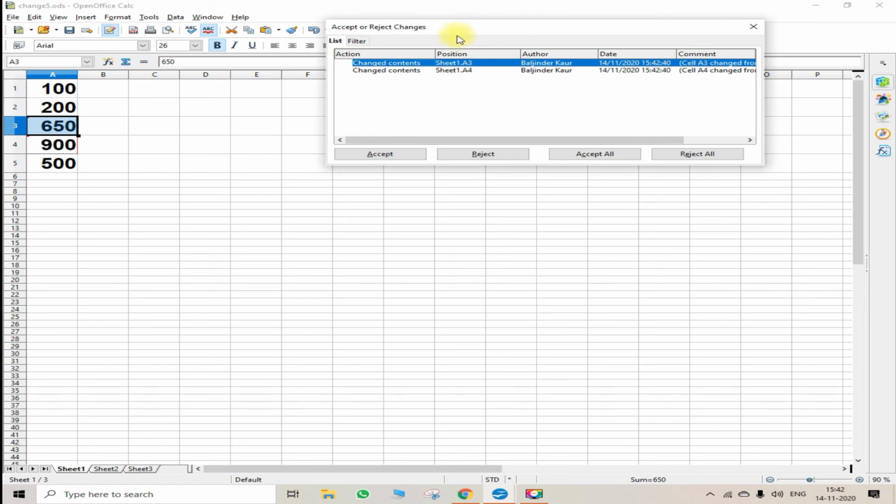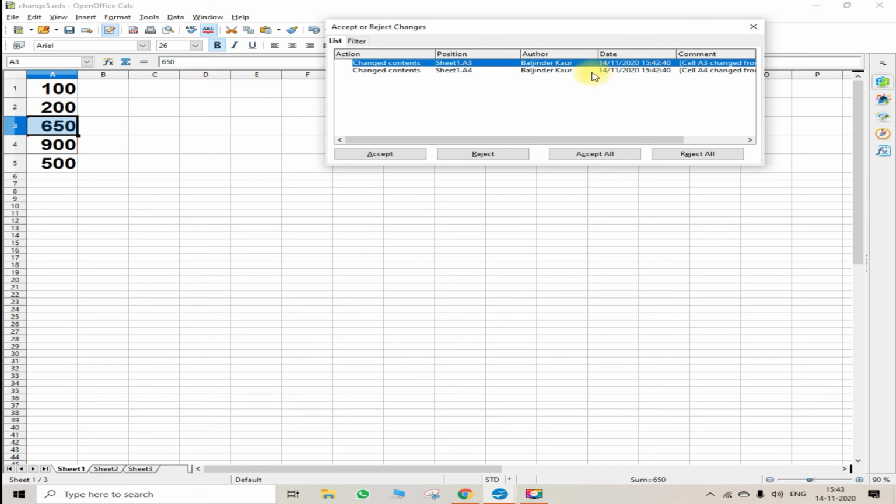Just see here, it is showing you this dialog box, and in this dialog box it is written which sheet was changed, when, which author changed it, and the time period also, and the cell content also, from where to where it changed. If you want to accept your changes, you just accept it.